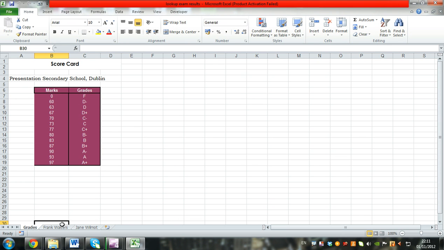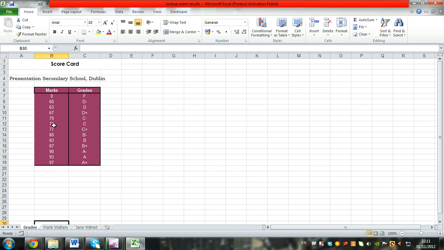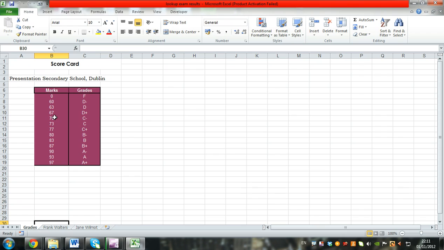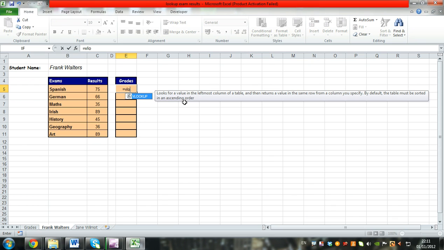So in here, Frank Walters, we want to assign grades to the corresponding result. So for example, 75, right, Frank Walters should get a C, and 66 in German he should get, right, so it's somewhere between 63 and 67, he should get a D, right? So we can just start writing our formula in here, and it's equal to VLookup,